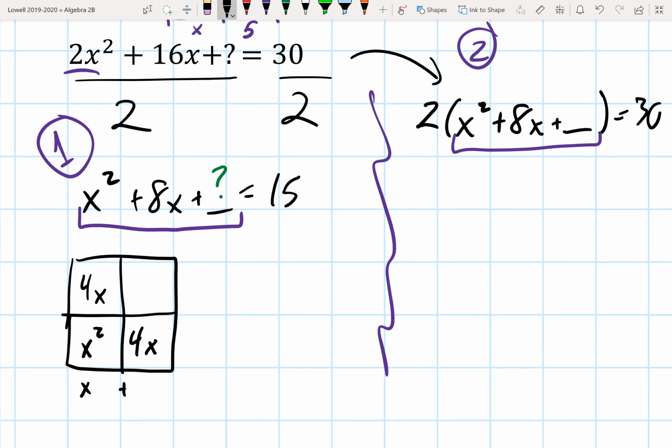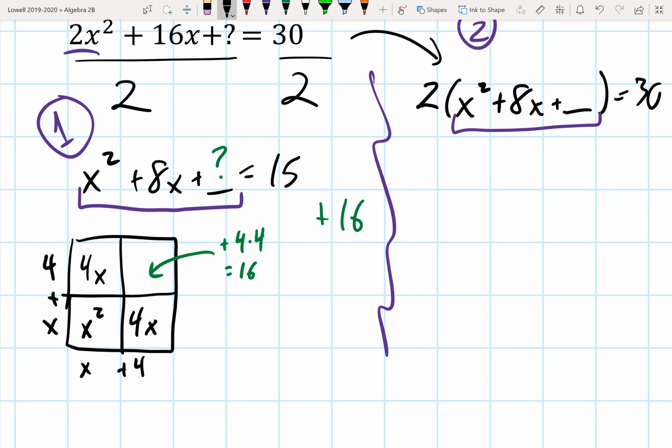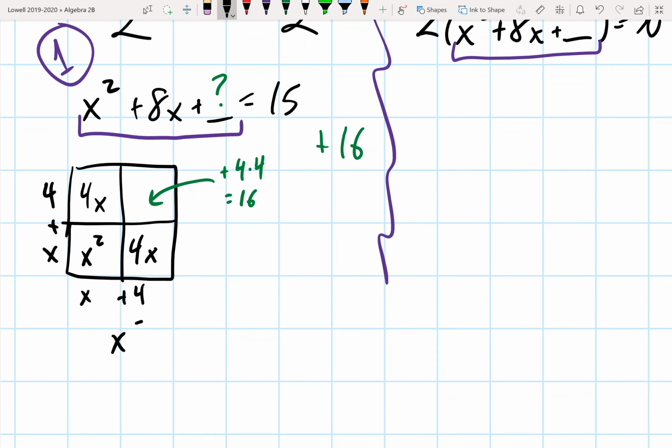It's going to be x plus 4 squared, because x plus 4 by x plus 4. The amount of space I'm missing then is I'm going to have to add in 4 times 4, or 16. And so I'm going to add 16 to both sides. You can sometimes skip this step, but for this video, I'll just write it in just in case. X squared plus 8x plus 16